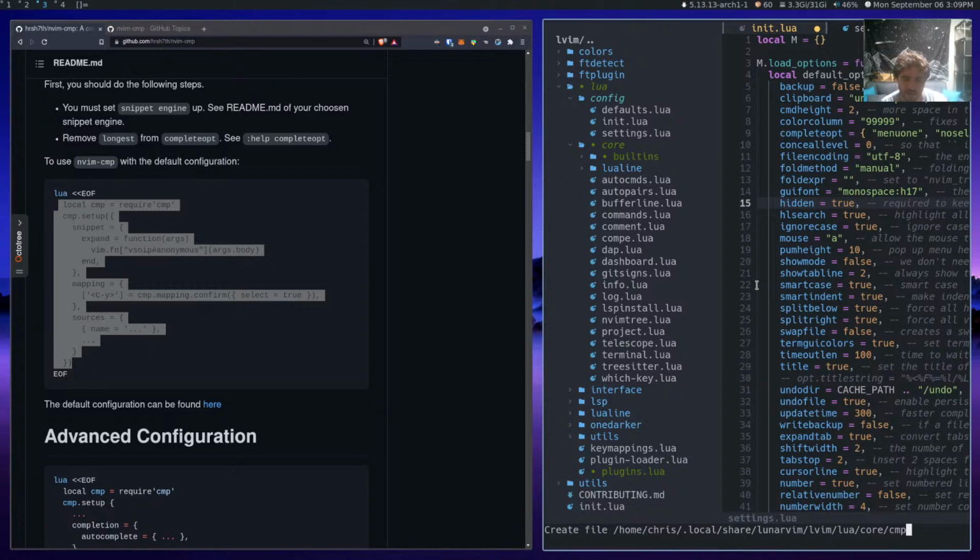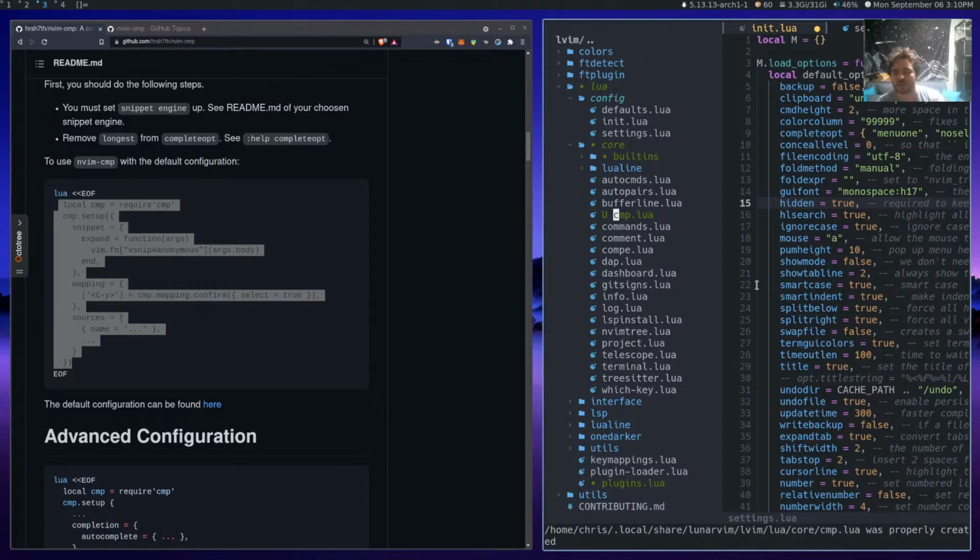I kind of like naming it after the plugin, though, because if you're going far enough to read the LunarVim code base, it might be easier for you because you probably know the plugins. You know what I mean? You're just like, oh, that's where CMP happens. He uses CMP. I know when I look through code bases, I've looked through NeoVim configurations, believe it or not. If it says completion, I don't know what the hell is going to be in there. But if it says CMP or Compe, I'm pretty sure that only Compe related stuff or CMP related stuff will be there.